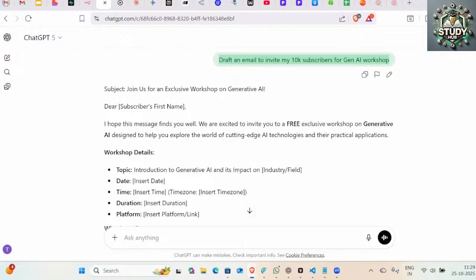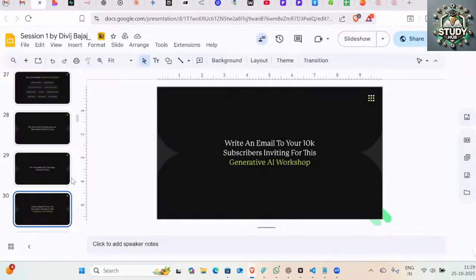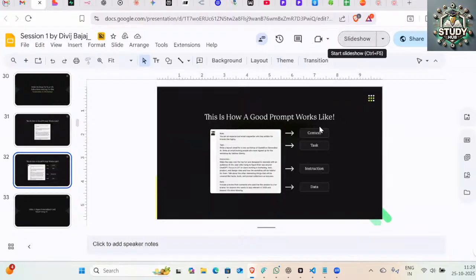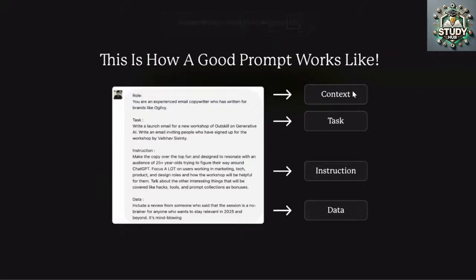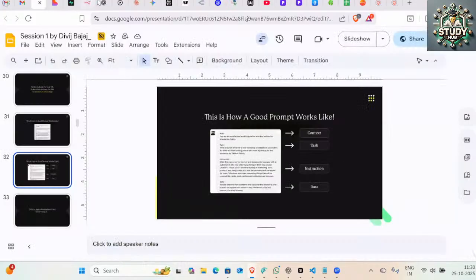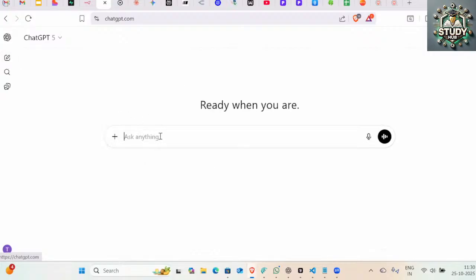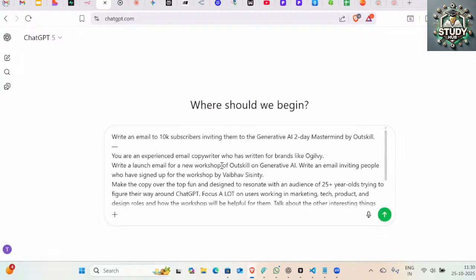It's a probability. But what if now the magic prompt formula, right, which has a structure to it? What does the magic prompt formula look like? It has this kind of structure, which I'll show in a live demo. It should have your context, task, instruction, and data. This you can have as a placeholder. And now if I go and do it live, I already have my prompt with me, and you will see the output in a very short duration now, right?